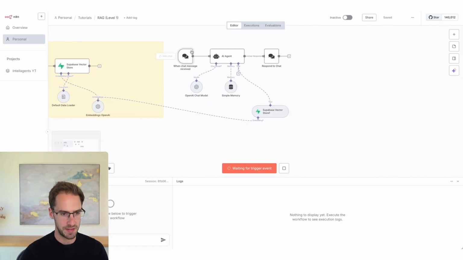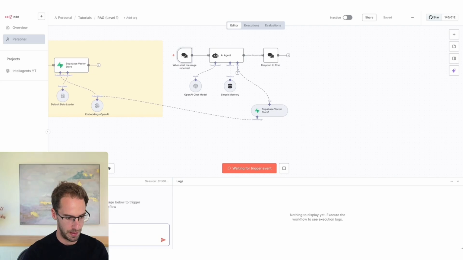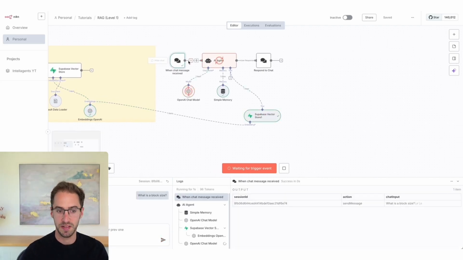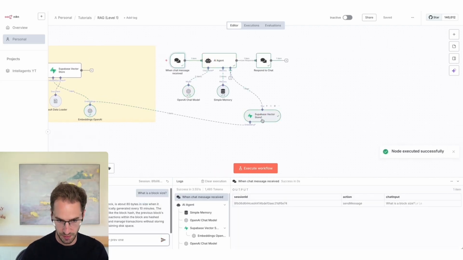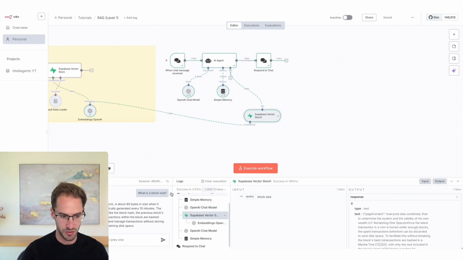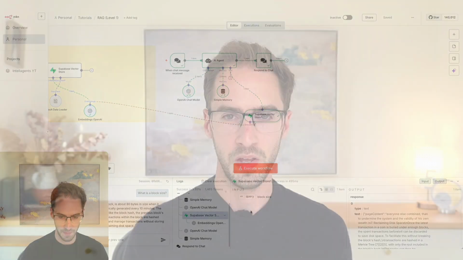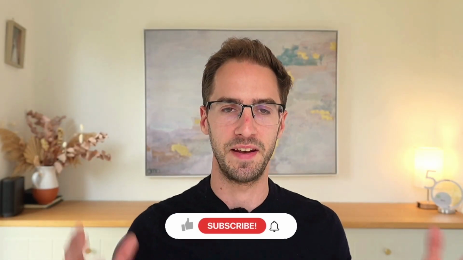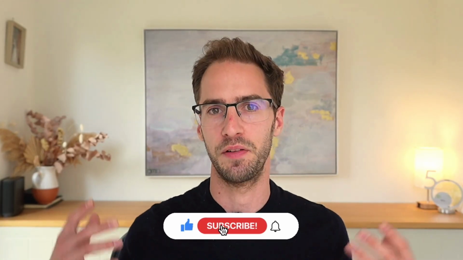Okay, so we should be able to test that now. So I'm just going to drop a question there. What is a block size? We can see it's running the agent, going to the vector store, and it's come back with an answer. And we know that this is going to our vector store, not only because we can see down here that it's querying the vector store, but the response is also coming back specifically about Bitcoin. It's not talking about block sizes generally. So we've got a working RAG agent in n8n,